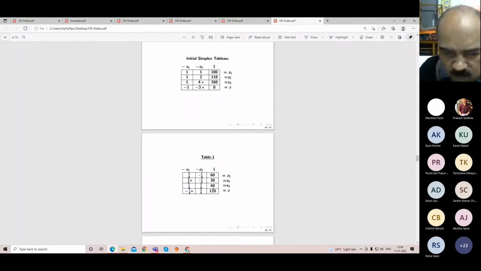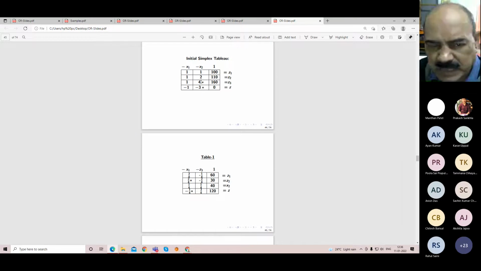Now, with respect to the row, the work is over. Now I'm coming to the column work. In the same column, in the second column there is 1, then 2, and 3 minus 3. The 1 is in the first row, 2 is in the second row, and minus 3 is in the last row. These 4 we have already done, so there is no need of changing again. So this one you divide by 4 with a minus sign. For the column elements, you will divide by 4 with a minus sign.